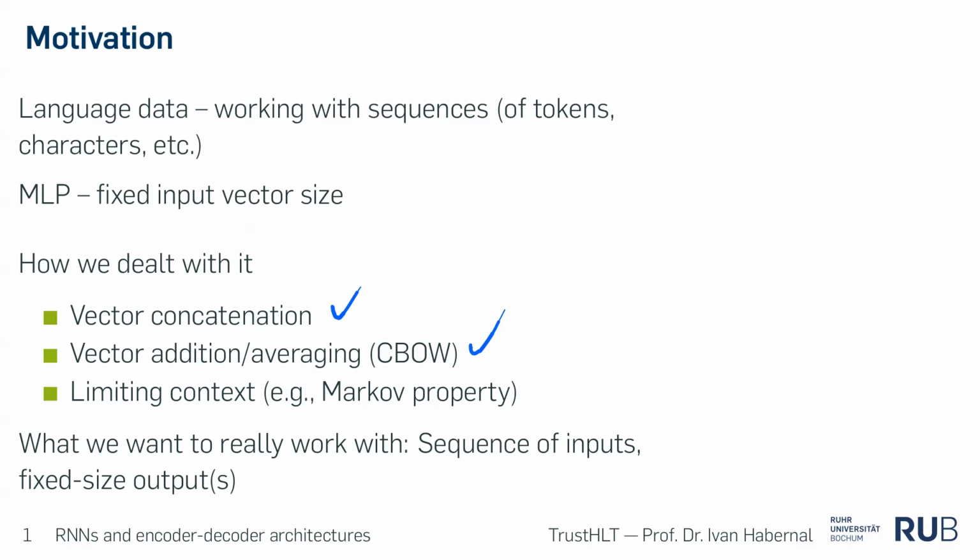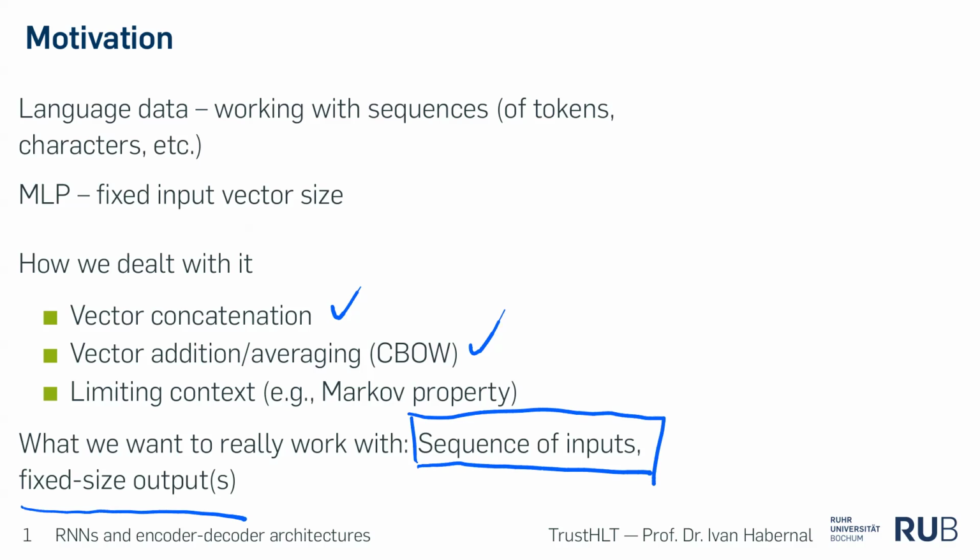So what we really want is that we have some sequence of inputs, and we have some maybe fixed size outputs or maybe variable size outputs. We don't care yet, but the input is kind of tricky. So we need to do something about it. We need to build a network that can accept something between 1 token and 100 million tokens. Well, okay, what could be the longest document you work with? Could be 1,000 tokens maybe, or 5,000. It doesn't matter.